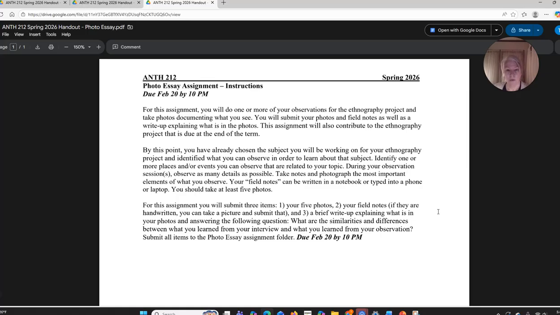One of the things we're trying to get at here is how anthropologists use a combination of methods to collect information, right? In a purposeful way. An anthropologist would never just do interviews. And an anthropologist would never just do observations, right? That's what I want you to think about. Why would we do these two different things? How do they complement one another? What does one allow me to learn that the other one doesn't, and vice versa? That's the point of that question. All right.